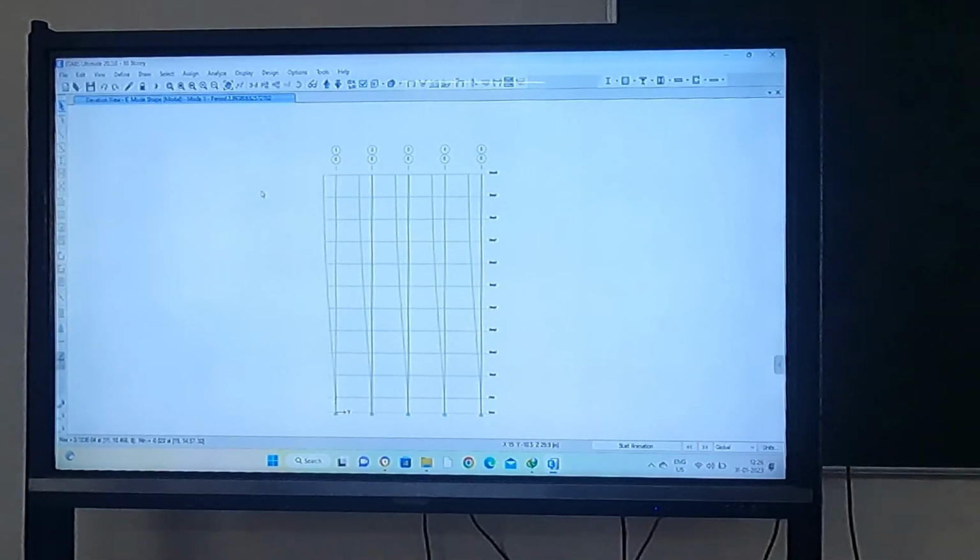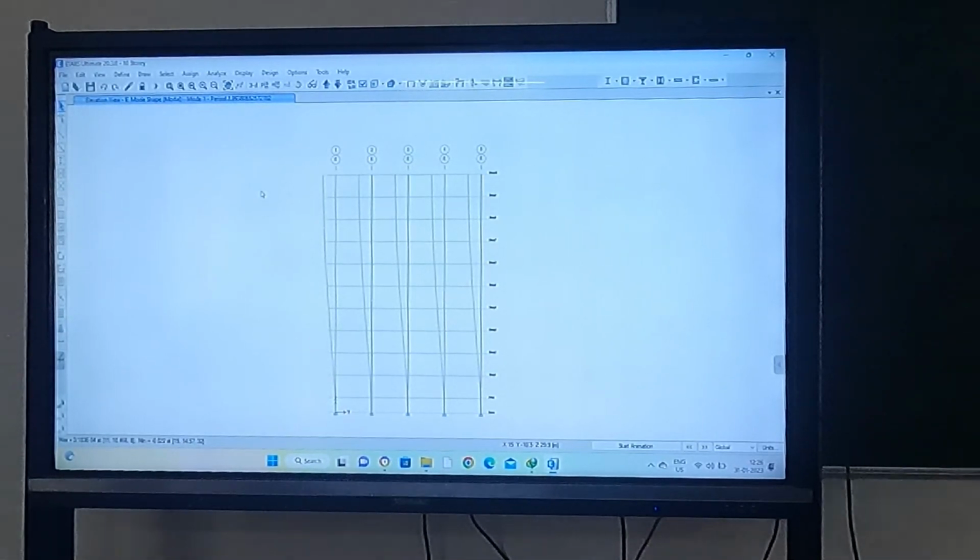In this case, this is the bare frame structure. You know what is bare frame? It means we have only the frame components, beams and columns. These are the parts of frames. But the slab and infill walls are not considered here. Even if slab is considered, still it will be called a bare frame if you are not adding the infill wall. So for bare frame, there is one formula given, 0.075 into h to the power 0.75. That is applicable for bare frame structure. You will use that formula and determine the period.